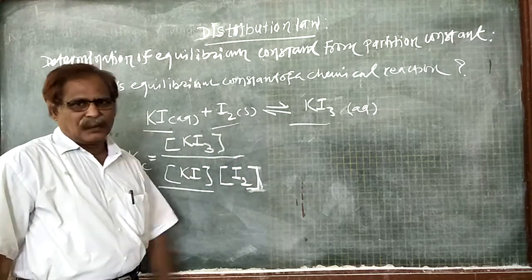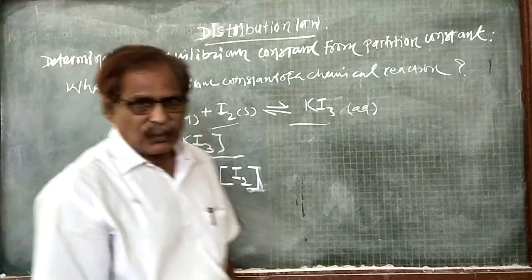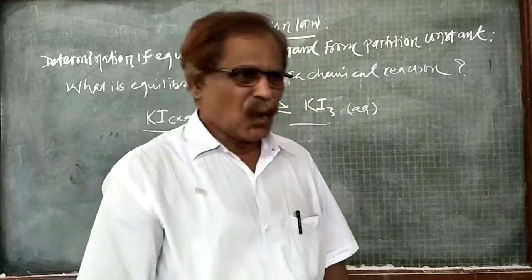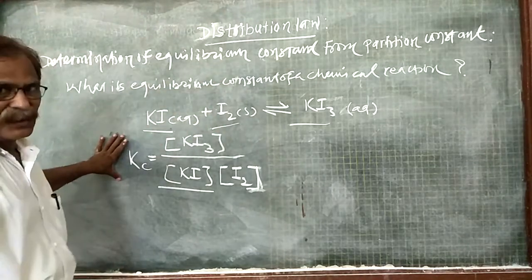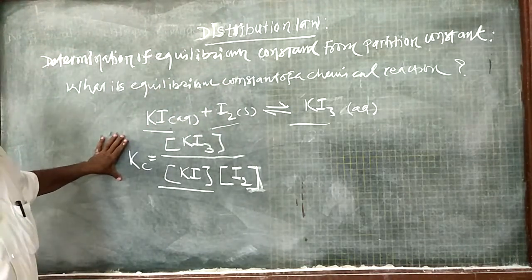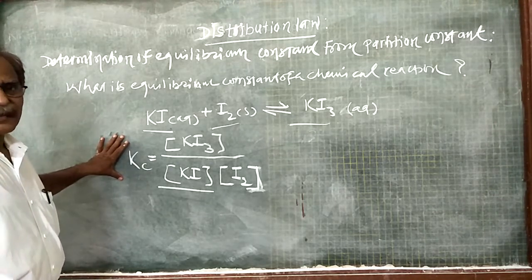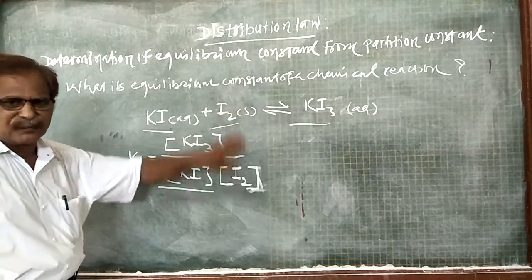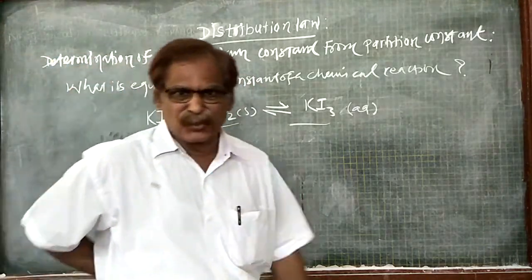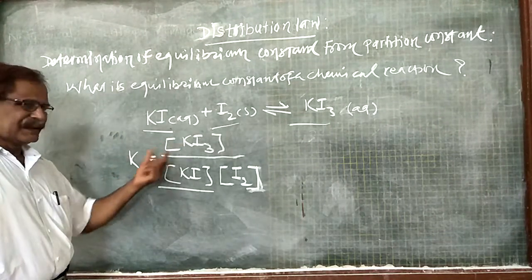This gives us the equilibrium constant of this reaction. The equilibrium constant of this reaction is denoted by Kc, and Kc is given by this expression,